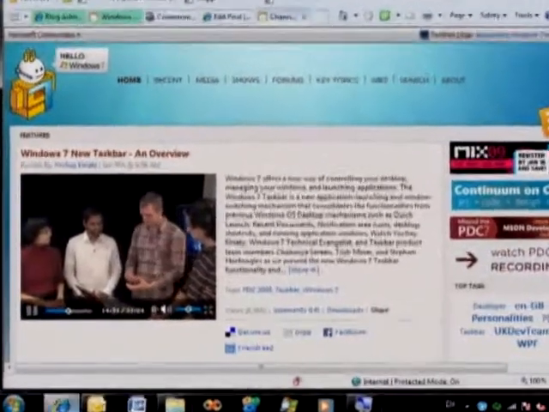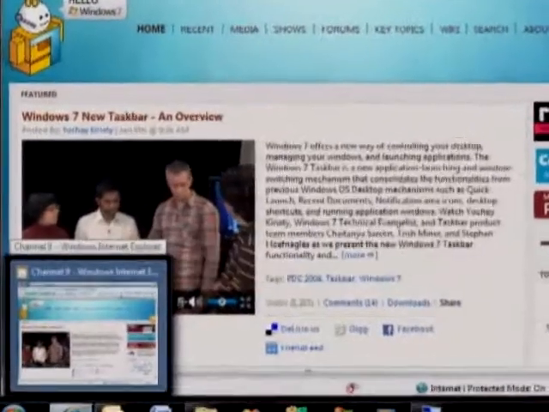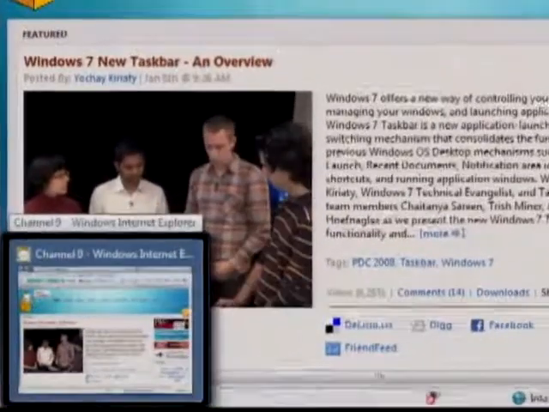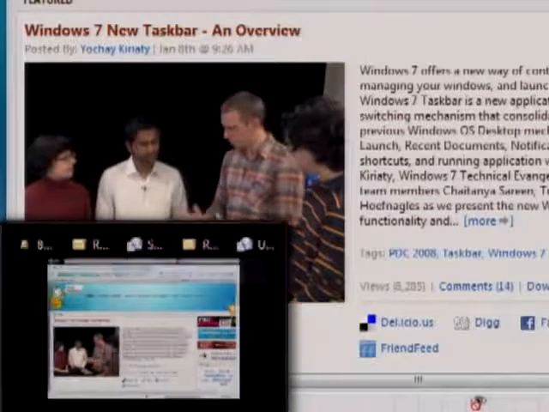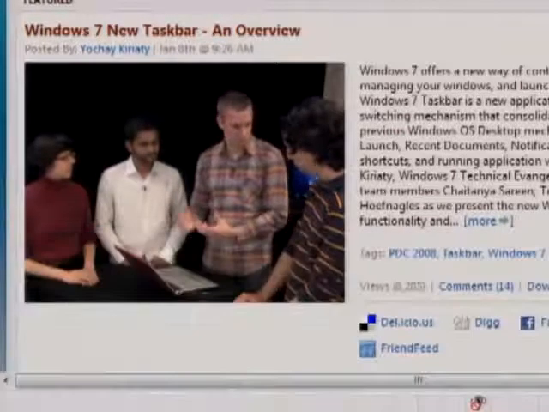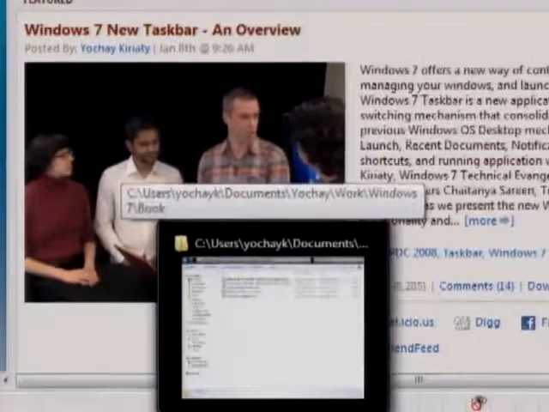In this video, they happen to be demoing the live thumbnails, so I'll just recursively, in my meta universe, demo the live thumbnails. We've enhanced these for Windows 7, but